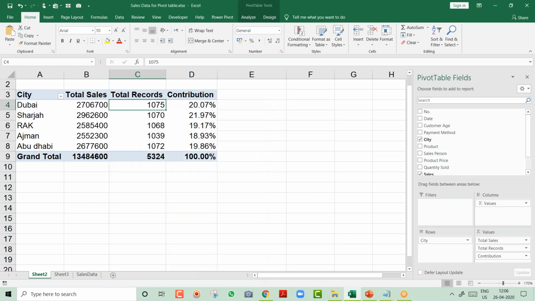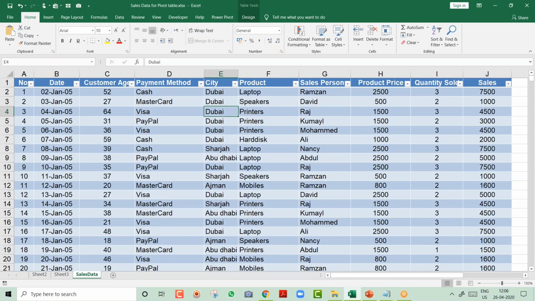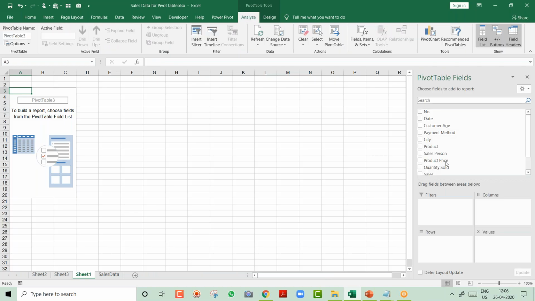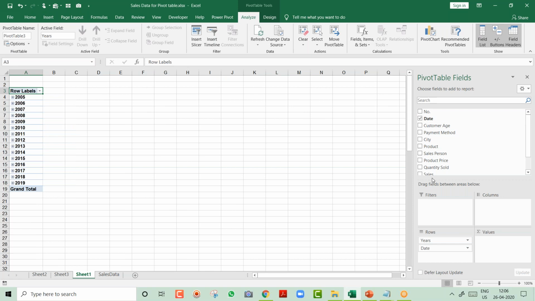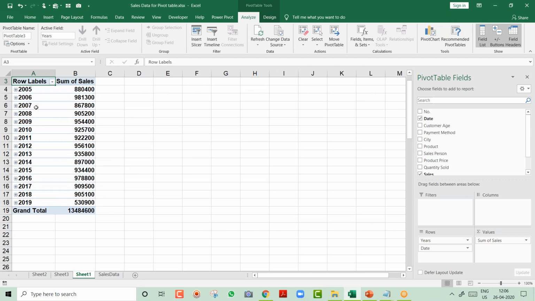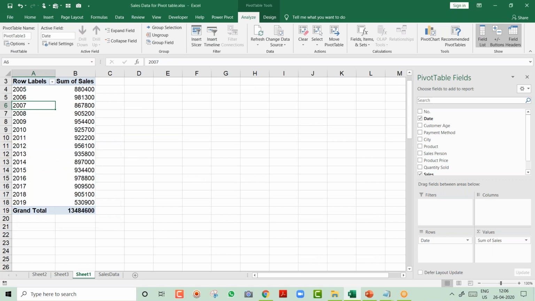Now, friends, I also wanted to create a year-wise sales report, but I wanted to show my management the difference between each year, because they might be more interested in doing the analysis. So I go to insert, I go to pivot table, I say okay, perfect. In the row, I will take the date, and I will take the sales and put it under the value. This is a normal report, and I will right click and say group, and I want only the years. Khalas, done.